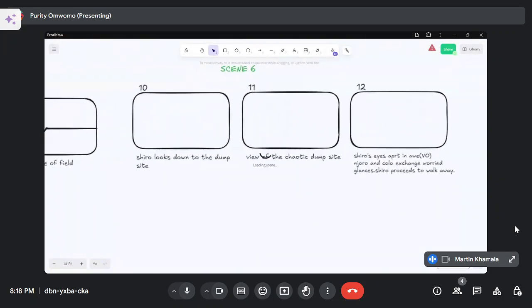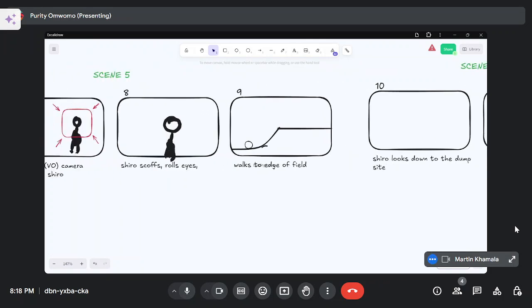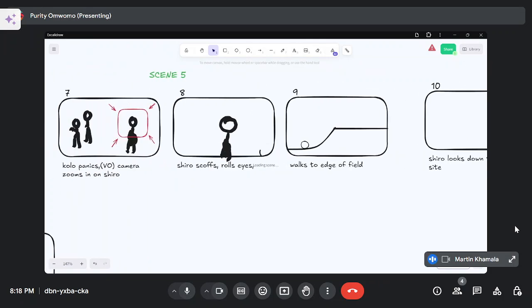Yeah, so there are good things in what you've done. I like it because it's continuous. There's a sense of continuity, and the camera is also consistent. So I think it's flowing. I think that's good. In terms of layout, I think it's natural for you to have done what you did, to move from left to right in your layout.